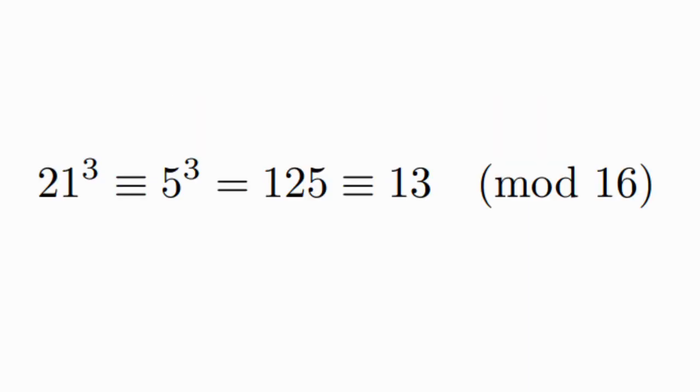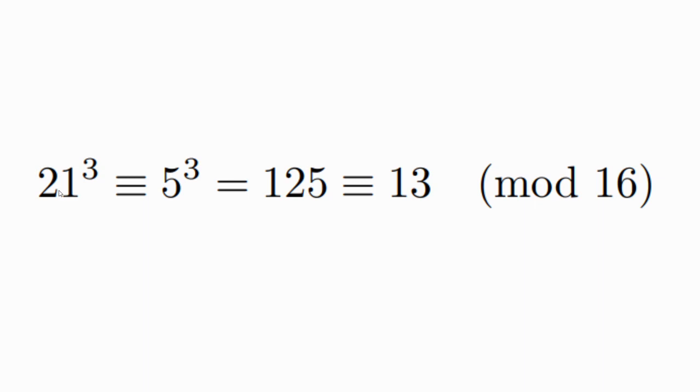So a little refresher for everyone on how mods work. Basically, if we have a number here, a, 21, so 21 cubed is congruent to 13 mod 16. This means if we divide 21 cubed by 16, our remainder is going to be 13. And we can evaluate this in very nice ways. For example, when you divide 21 by 16, the remainder is 5,